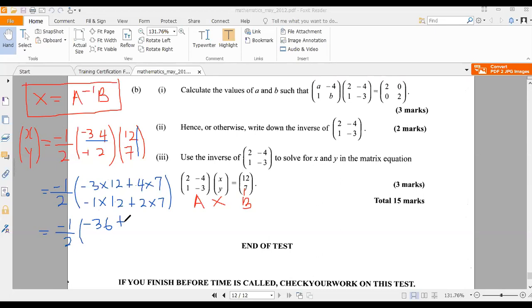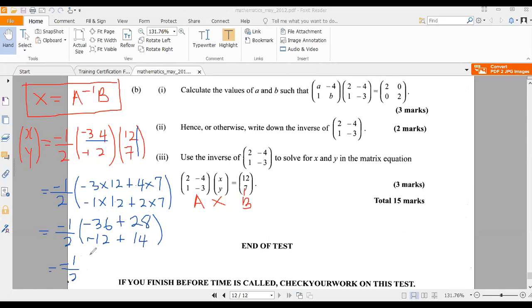What do I get? 28. Okay. Now -1 times 12 will give me -12. Right. Plus what? 2 times 7 will give me what? 14. Okay. All right. So when I work out all this one here, I'm going to get -1/2